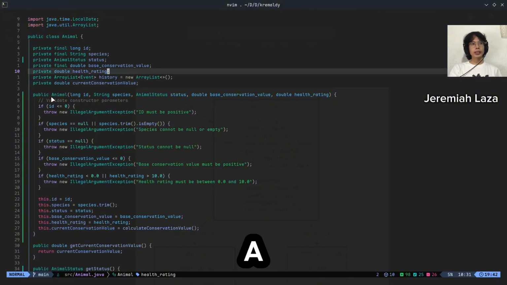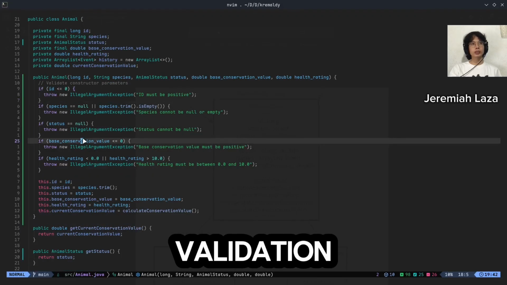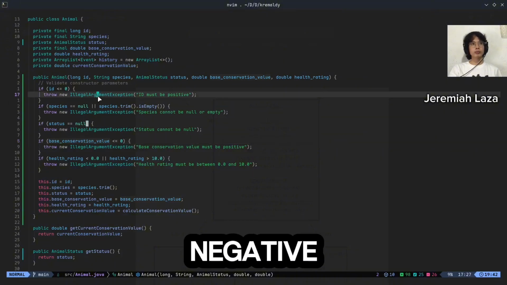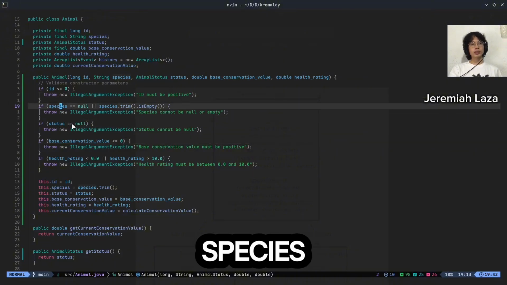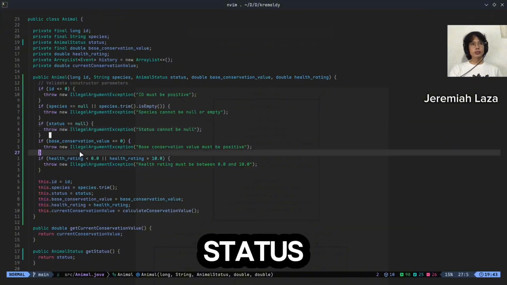Also, we have the constructor, which has several validations, such as ID, which cannot be equal to 0 or negative. The species cannot be null, so we won't accept a null value. The same goes for the status.